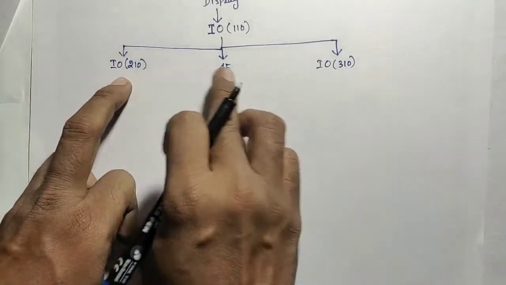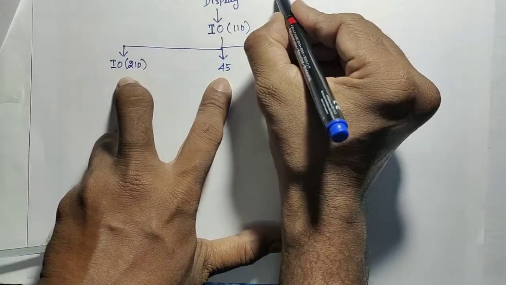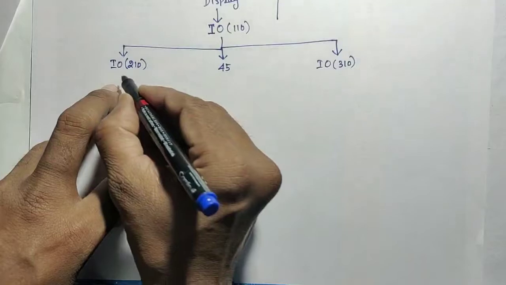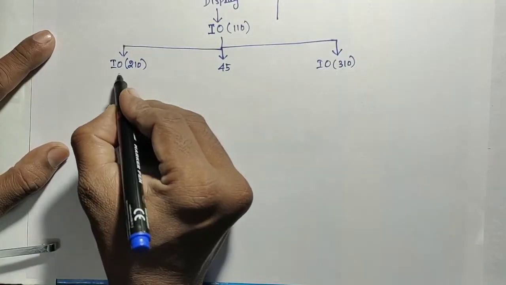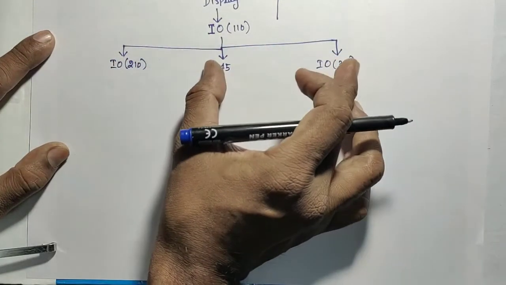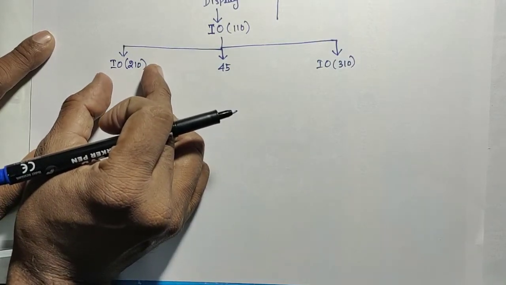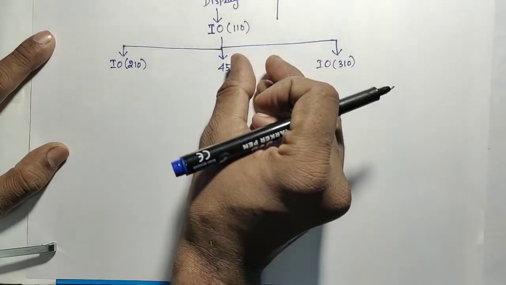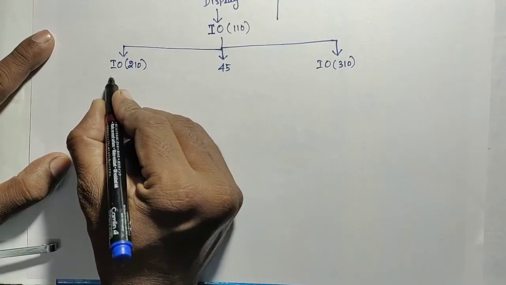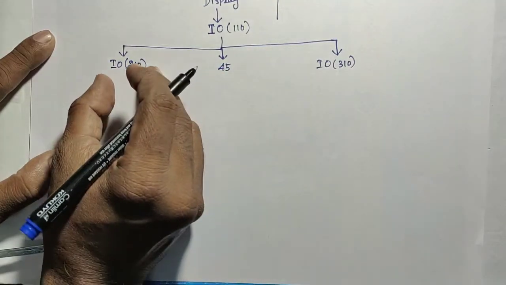So these are the three statements for this call. The 45 will be printed on the screen after completion of this function. Be clear, after completion of this function, the statements 1, 2, 3 will be executed after completing the total. So I need to complete the execution of this first function call, and the 45 will not be printed immediately now. I need to expand this first call, IO of 210, complete it, then come to the next statement.